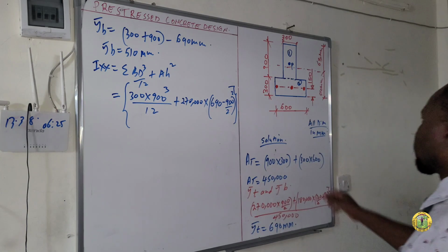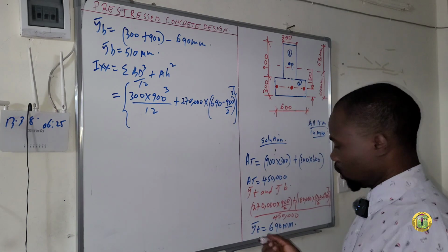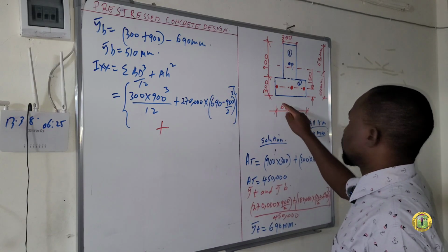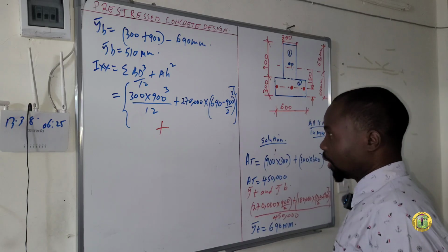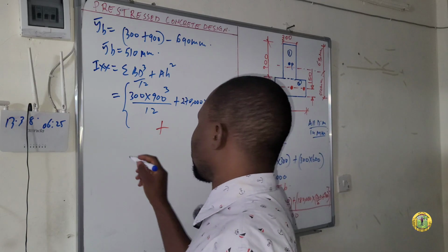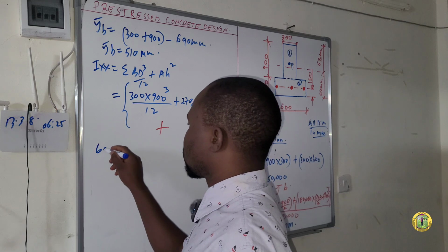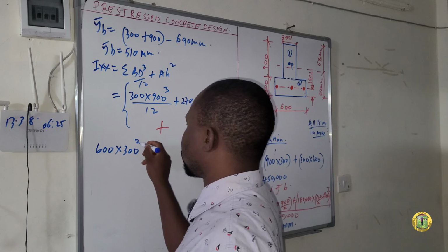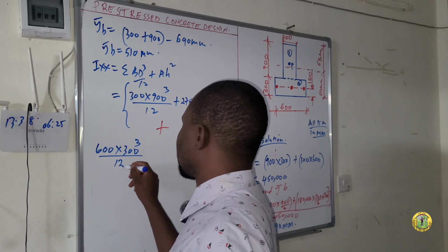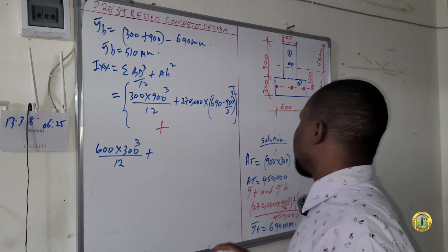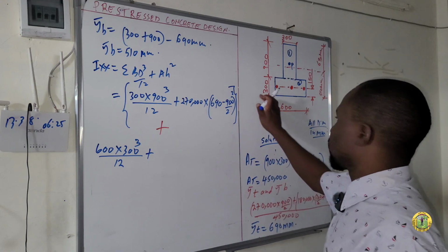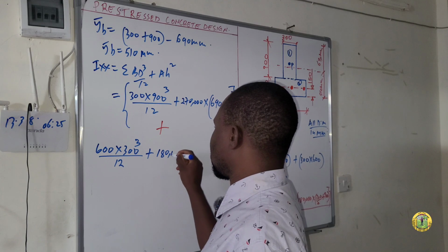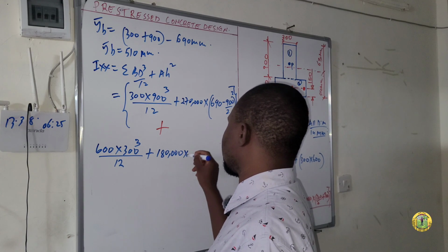Plus, then we'll come to this second figure. So plus, the B for this figure is 600 and the D is 300. So BD cubed is equal to, we have B which is 600 times D 300 cubed over 12. Then plus the area for this figure is 300 times 600, which is 180,000. Then times